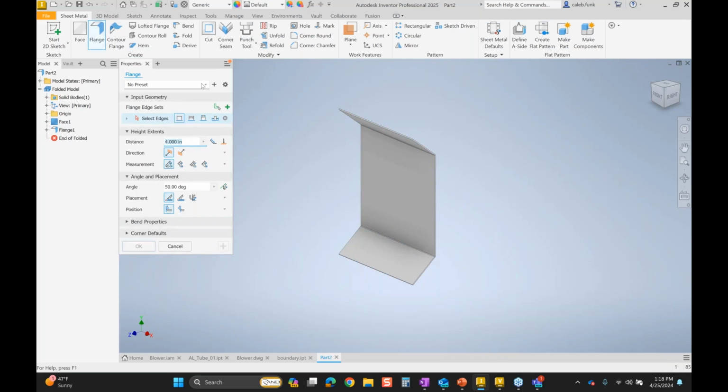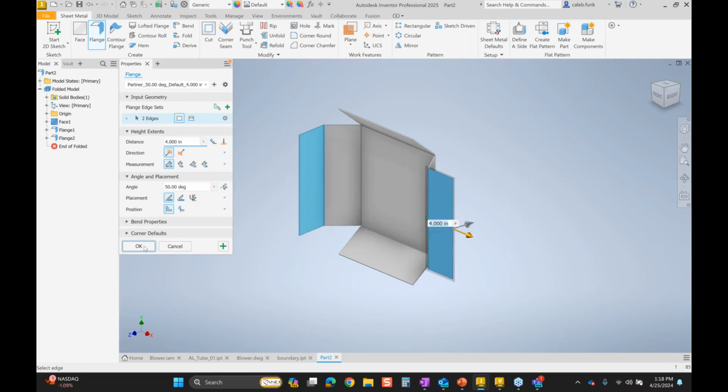And the only reason I want to do that is I want to point out I can recall that preset, and it's just going to remember all the information for those edges, right? So I can pull down that preset and reuse that. And again, I could create that and then go right into creating another flange directly off of it, right? So